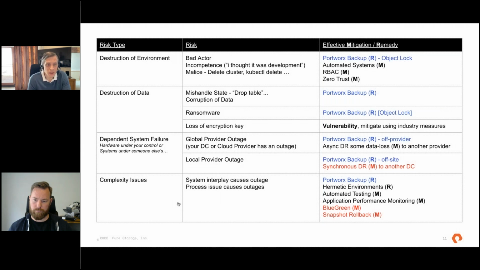In this case, you want to have what's called a hermetic backup, right? So you have everything together, those systems are tied down, and then you know that it will come out as it went into this system. But we can also help with Portworx backup as well, which stores all of your data, and you're just pinning those versions of, say, the containers themselves in there as well in those manifests. We can also test things better, make the roll back easier, or the roll forward easier if you've got that strategy, by using mitigations like blue-green deployments and snapshotting. We'll get on to snapshotting in a moment.